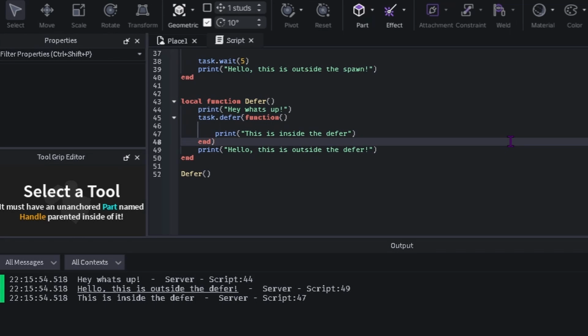Basically what the defer function allows you to do is that whatever is inside of the defer function, it will run after the outside code has been executed fully. It waits for Roblox Studio to read this print statement and then that print statement, and whatever remaining code is there, it waits for Roblox Studio to read all of that, compile it, and then show it in the game. Once all of that is completed,